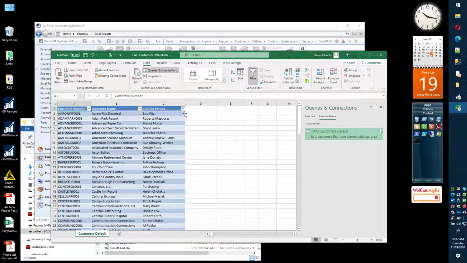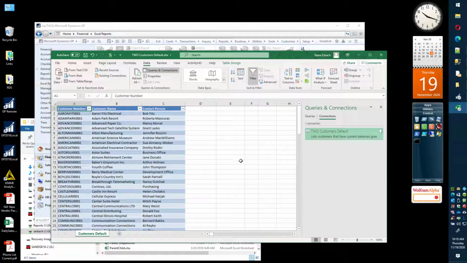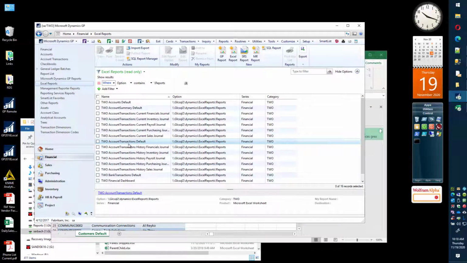So you can alter the default query that comes from GP, but there are some limits, and one of the limits is that, especially as I mentioned with the account transactions, if you pull that from the report here, it brings everything, and if you got more than 1 million, well, you crash. It would be nice to be able to restrict the range of data that is extracted from GP. That's why I went to